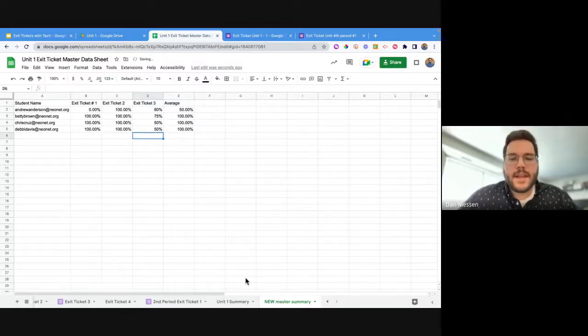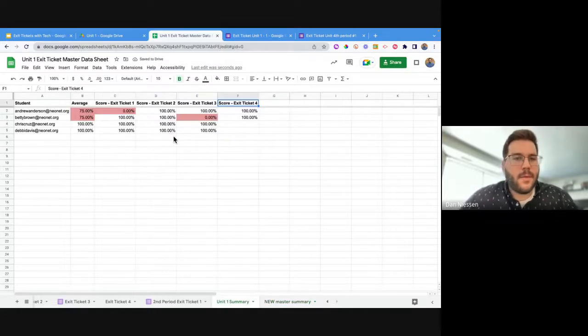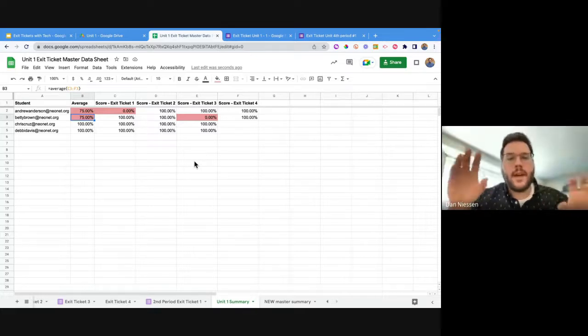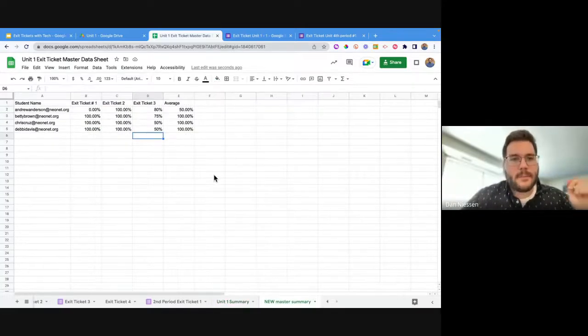Okay. The last point that I had beforehand is I had some of this pink stuff show up here. This is conditional formatting, where we can make a certain color pop up if students aren't doing well, or if they are doing well. Let's say I want to set up something so I can have a quick glance. If a kid gets 80% or less on one of their exit tickets, I want it to light up so I can